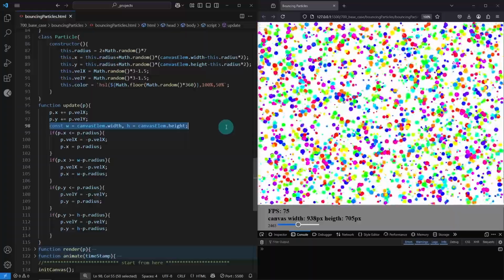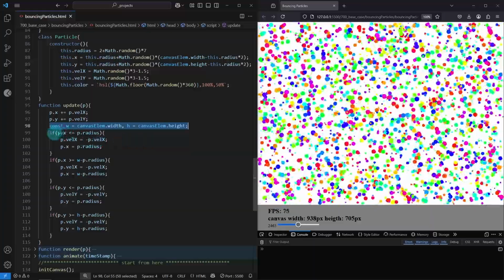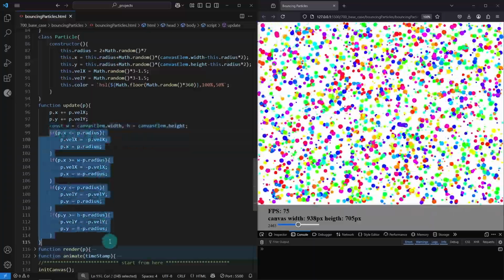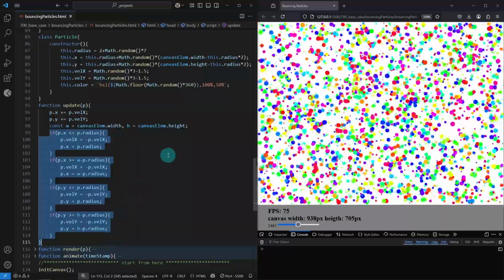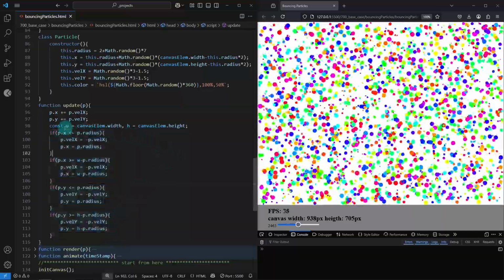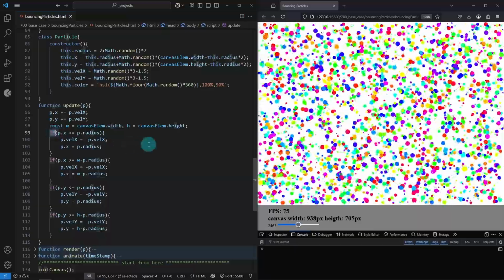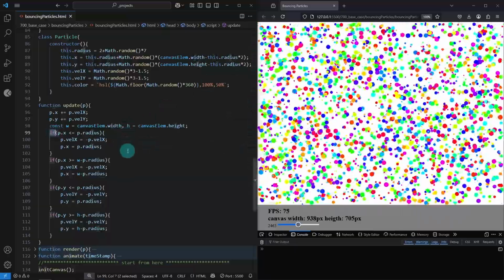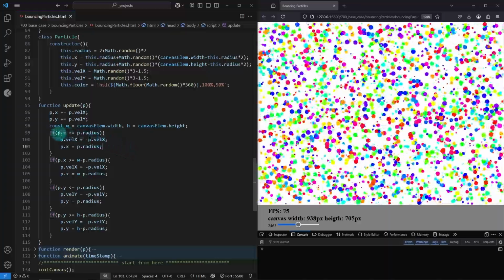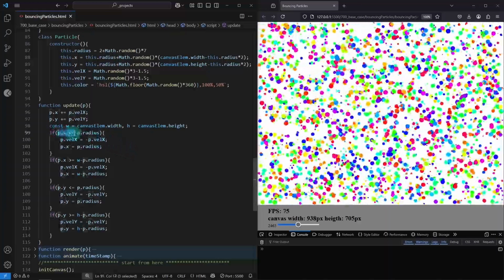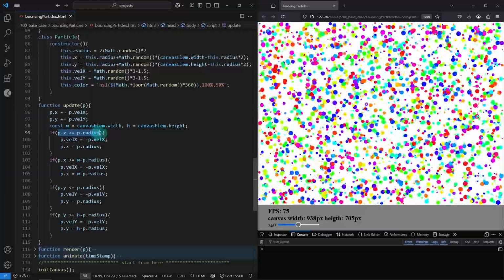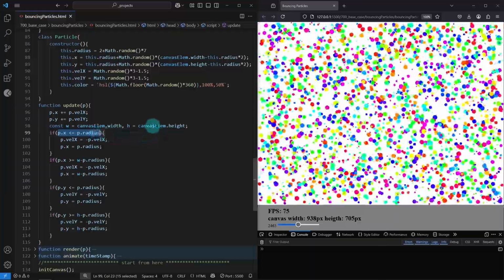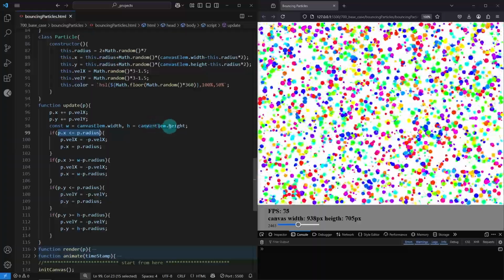Next, I assign canvas width and canvas height to variables w and h, just to save some effort typing these variable names. Now we need to implement some collision detection to contain all particles within the canvas and not let them fly into open space. The first if statement checks the collision with the left canvas border. Our particles have the shape of a circle, and its position is the center coordinates of this circle. Keeping this in mind, the if condition